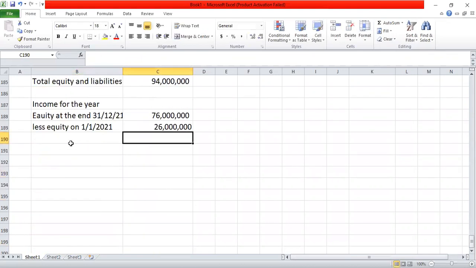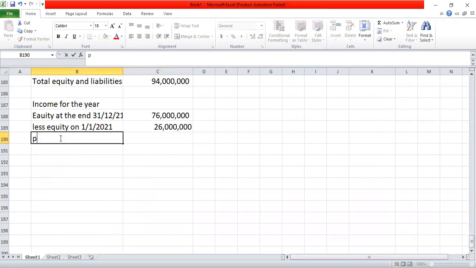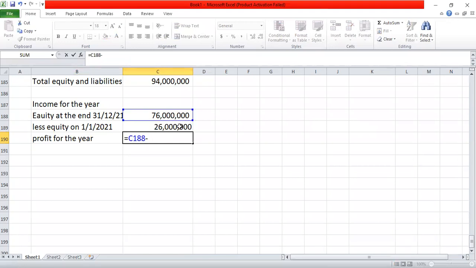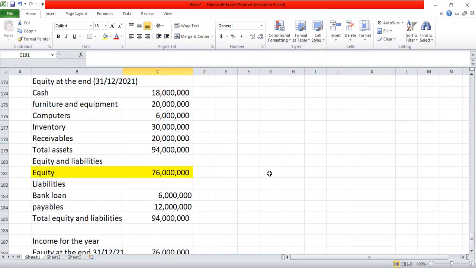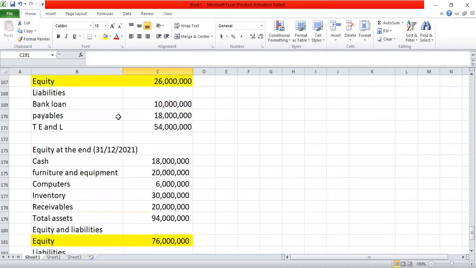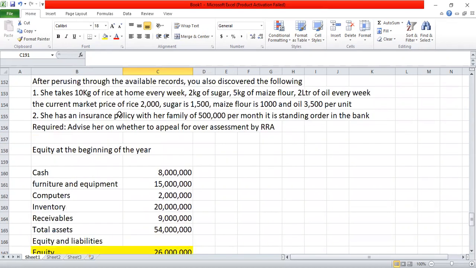This was the equity. So it means profit for the year is going to be this minus this. That is the profit for the year. So on profit for the year, I'm going to consider this other information that I have here, like